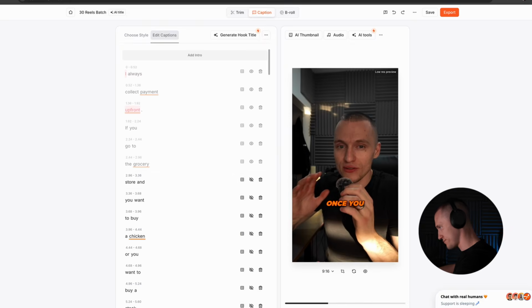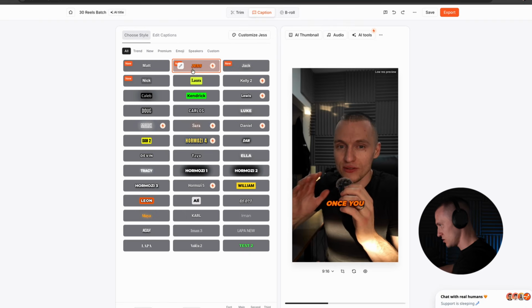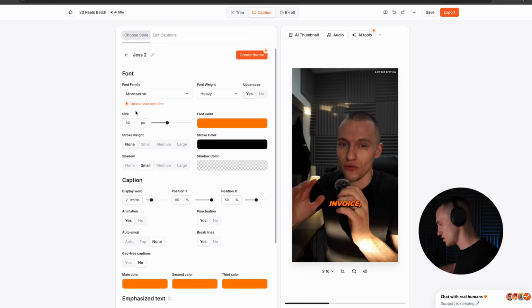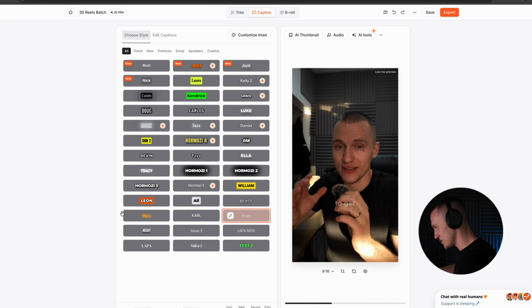So if you decide you want to use, let's say, this Jazz style, the best thing is that you can always change whatever font you like. You can change the size, you can change your color. They have a lot of style variations. I like to use this Iman style. You can even save your style, and once you're done, you just hit save, and you have animated captions